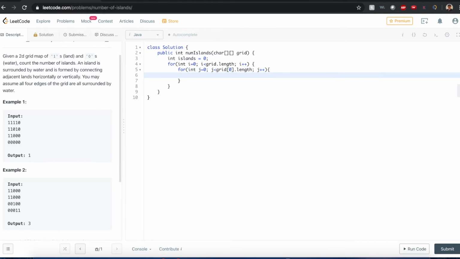Okay, so what I'm doing right here with these nested for loops is I'm trying to explore each of these grids right here, and you can tell that they're marked by these 1s and 0s by characters. And I would only notice it if it's land. So it should be like this. If grid,